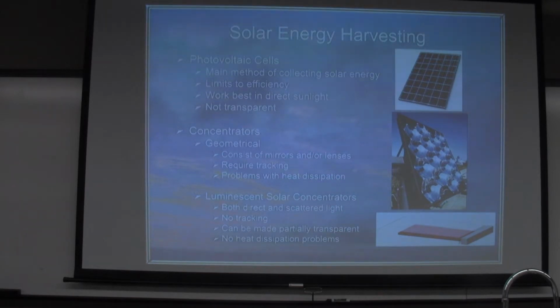And if for some reason you wanted to actually get through the photovoltaic cell, you would not be able to. They're not transparent, which is partly a good thing because that means they collect all the sunlight. It also could be a bad thing if you wanted to have it transparent. So one of the other ways to deal with this is that you can concentrate the sunlight on the photovoltaic